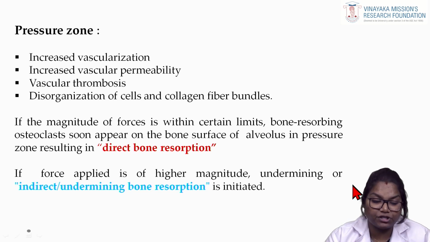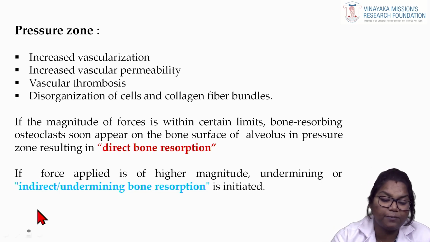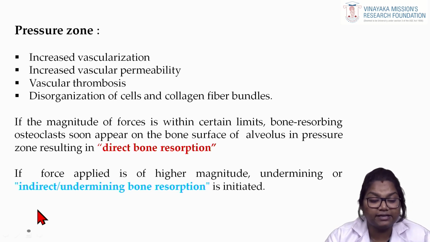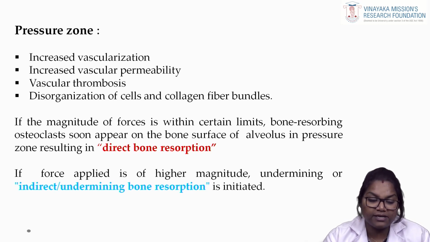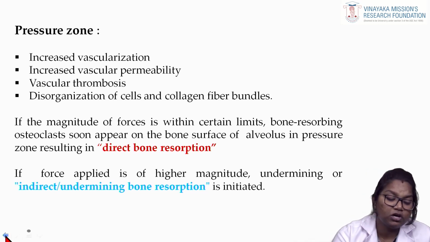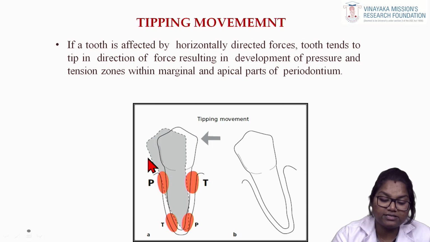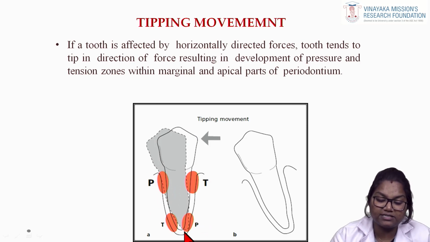So coming to the pressure zone, what all can we see in your pressure zone? So first thing is increased vascularization. Pressure zone is ultimately where the pressure is being accumulated. So we have your increased vascularization, increased vascular permeability, vascular thrombosis and disorganization of cells and collagen fibers. All these are seen in this pressure zone, that is in this region as well as in this region in